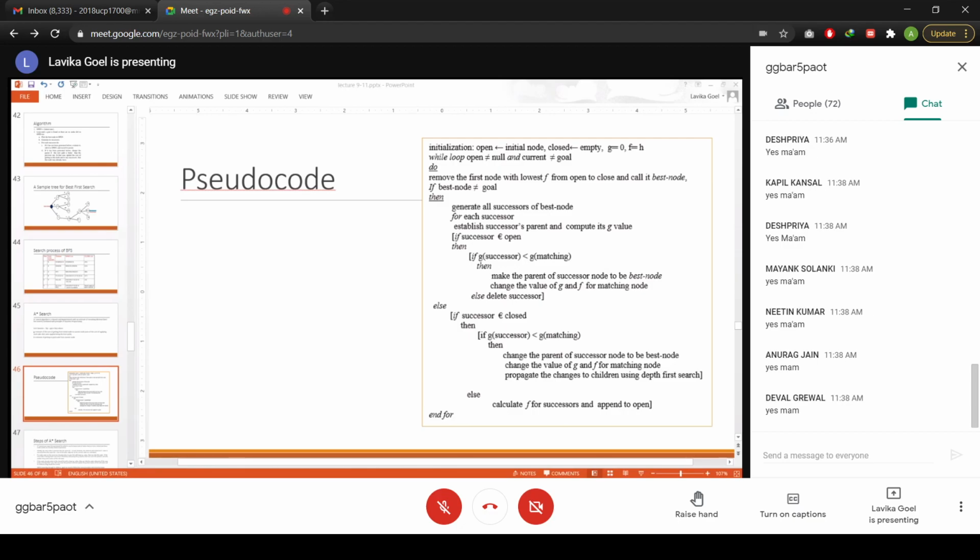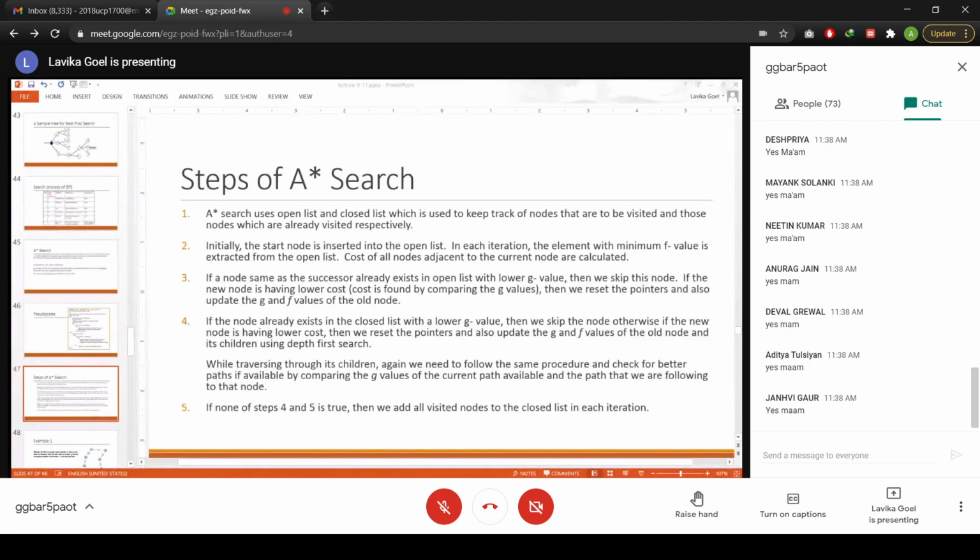Okay, fine. So students, I will just make a summary of what I just explained. These are the steps of A-star search. Some of the steps are common to best first search only. Initially we have an open list and a closed list. The starting node is in the open list initially, correct? And the minimum F value node is taken from the open list, right? So we calculate the values of all the nodes in the open list in every iteration and we choose the node with the minimum F value.